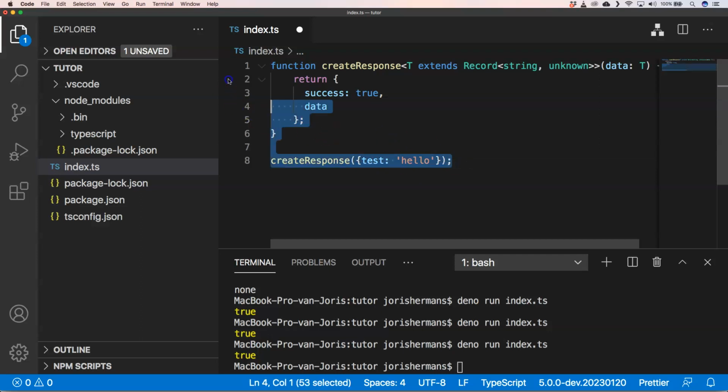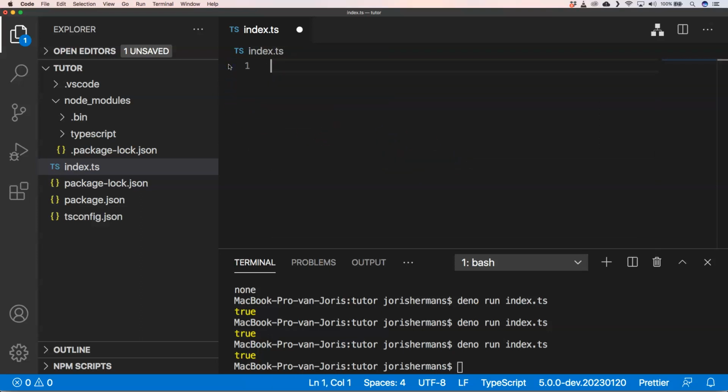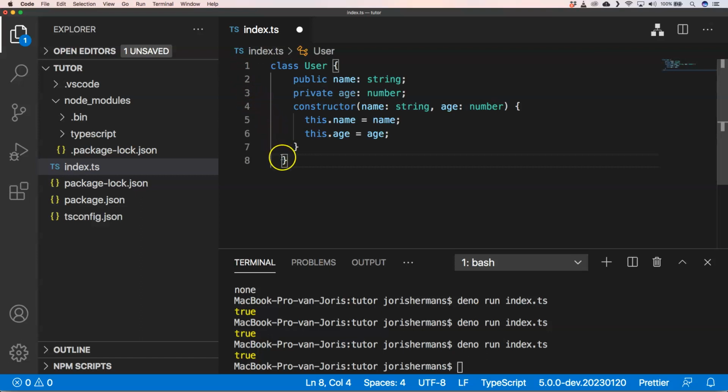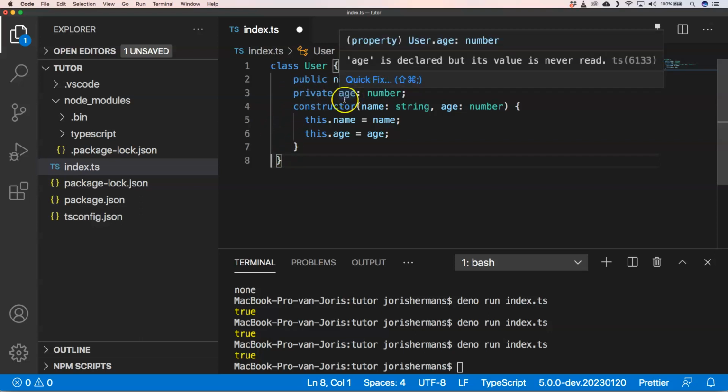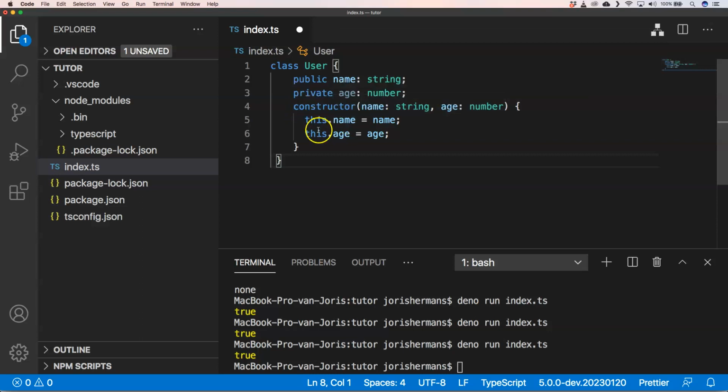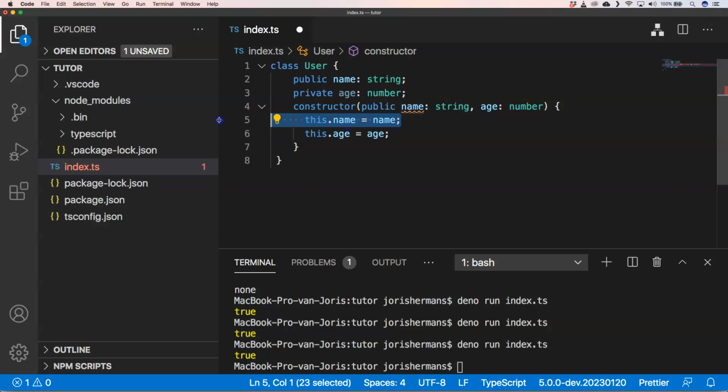Another thing that's really helpful is to have your class definitions, right? In this case, we have two class definitions. One is a public name, and the other one is a private age. And then we can assign this.name equals name, but it's much better to have something like this: public name. Of course, we need to remove this one, and then of course we need to remove this one as well, because